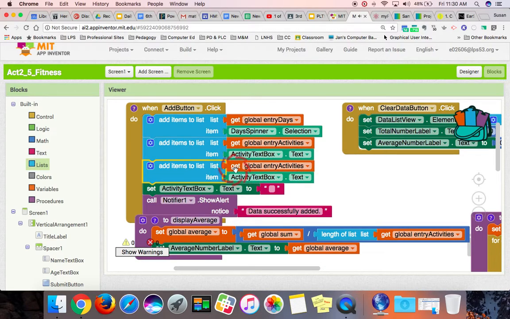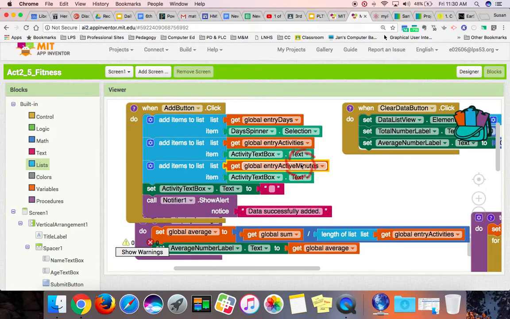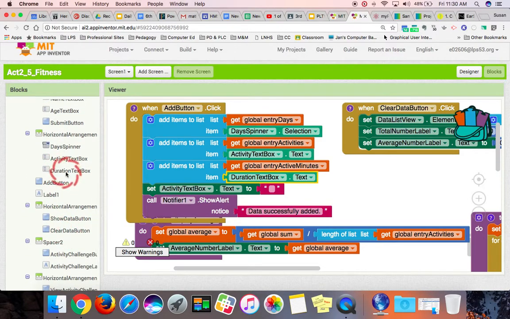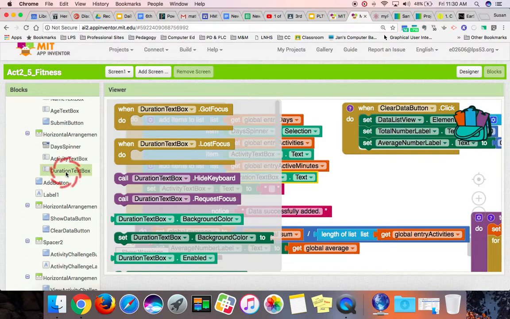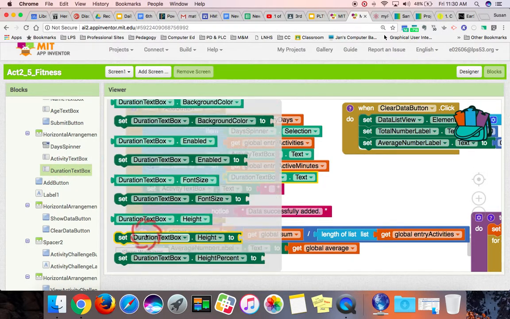And then remember, you've got to make this change. This will be get entry active minutes, and this is going to be the duration text box. The word duration just refers to how long they're exercising. All right, then the next thing we need to do, this is clearing out the activity text box, but we need to clear out that duration text box as well. So we're going to have to get that from here, duration text box. We're going to set the duration text box to